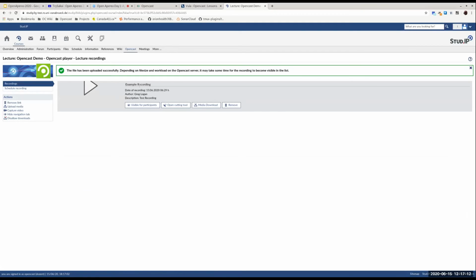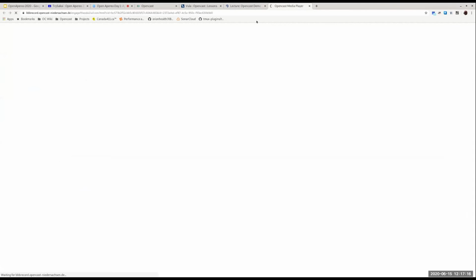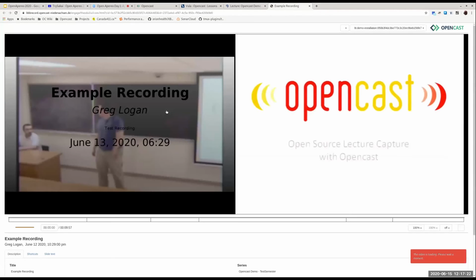Yeah, so this is also an LTI link. Hopefully it works. And it's opening up, oh, okay, also in Theodul. This is more what the player would look like in a full screen view. Okay, this is our old demo media. This is actually me in the white shirt in the corner here, and Chris Brooks, one of our previous product owners. And yeah, that's sort of what we have.